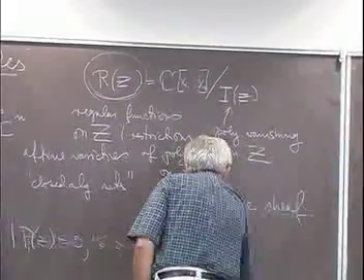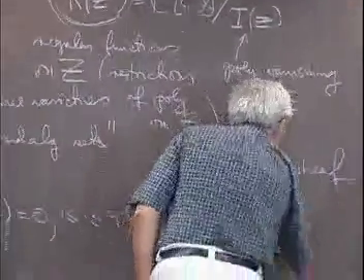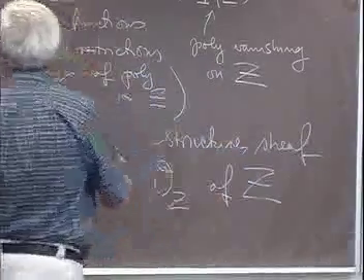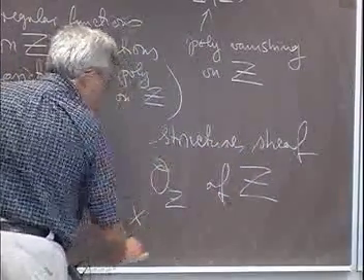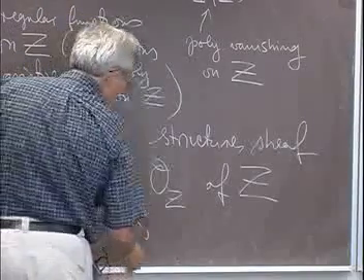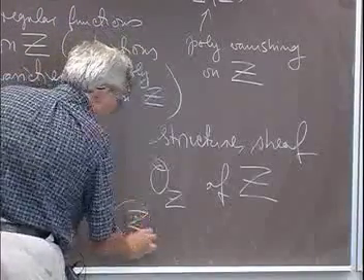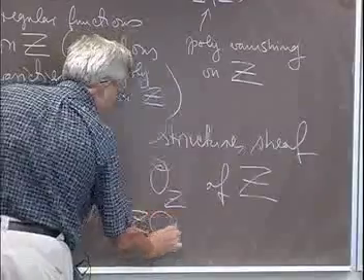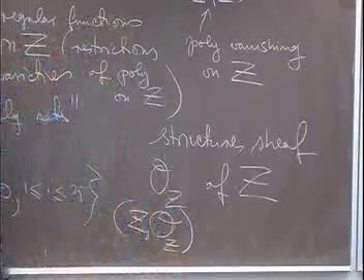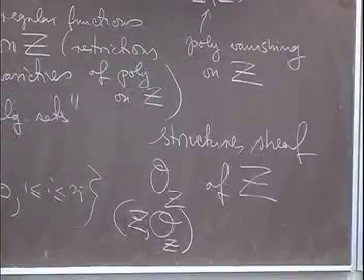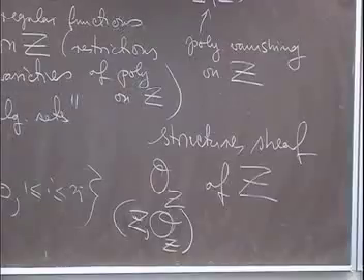O of Z. And basically in algebraic geometry, you study this space Z with Zariski topology, which has this structure sheaf of functions which are regular on open sets, which is this O of Z. What's really